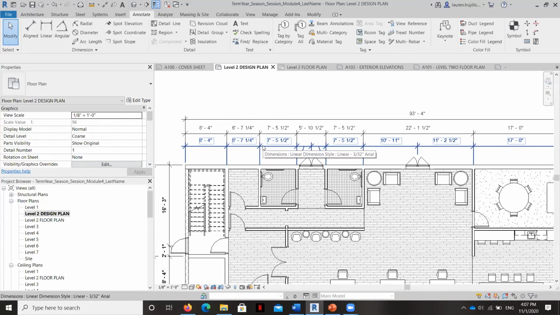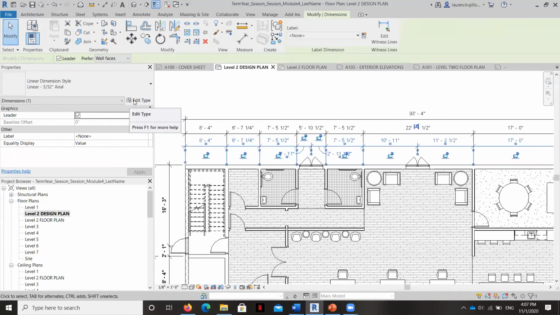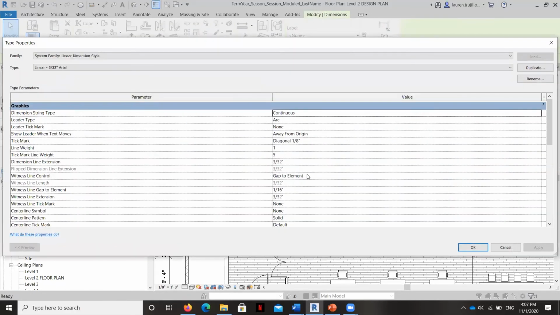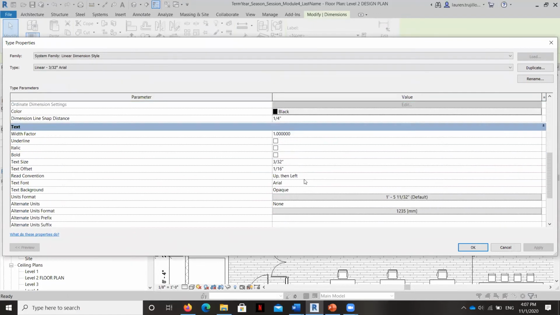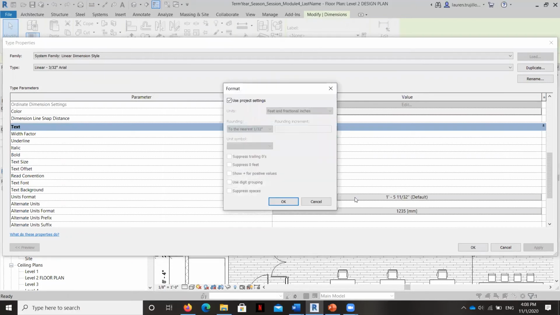dimension style. So let's go ahead and click this, and I'm going to hit edit type. And what I want you to do is go down and see this units format. Okay, and you can see if we had walls drawn this way, it would actually draw to the nearest 32nd of an inch. And so we have to change this because this can junk up our dimensions or make our dimensions really overly precise and add a bunch of digits that are not necessary. They can compromise the overall clarity of the drawing.